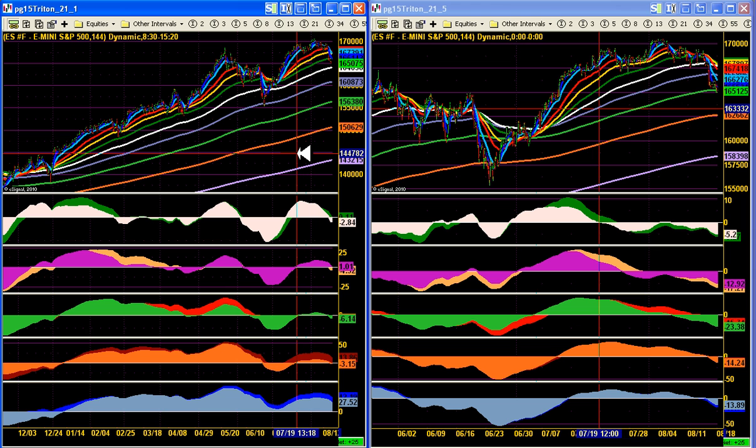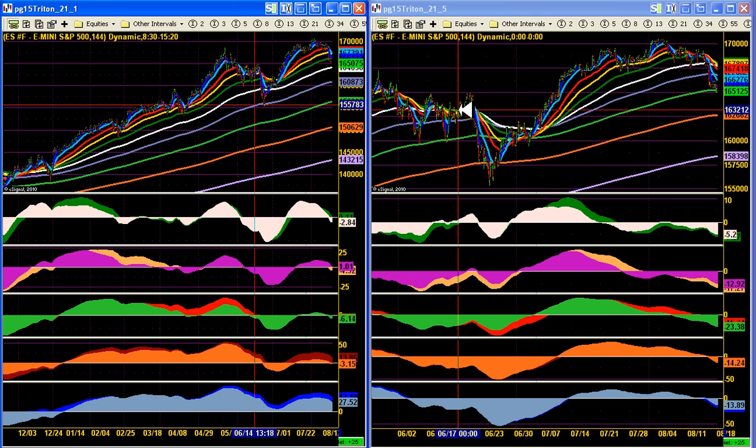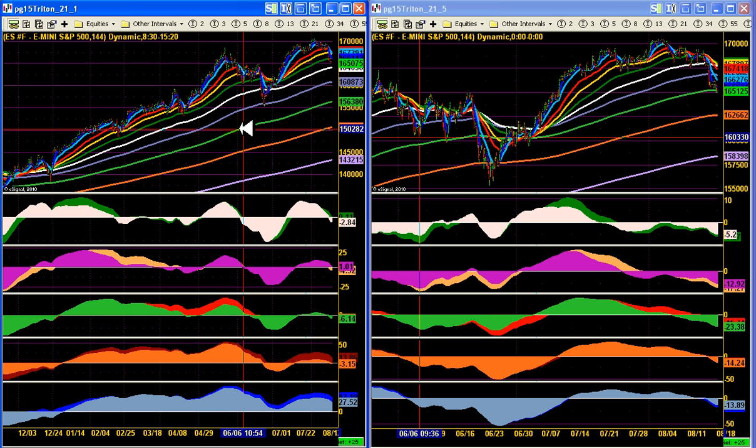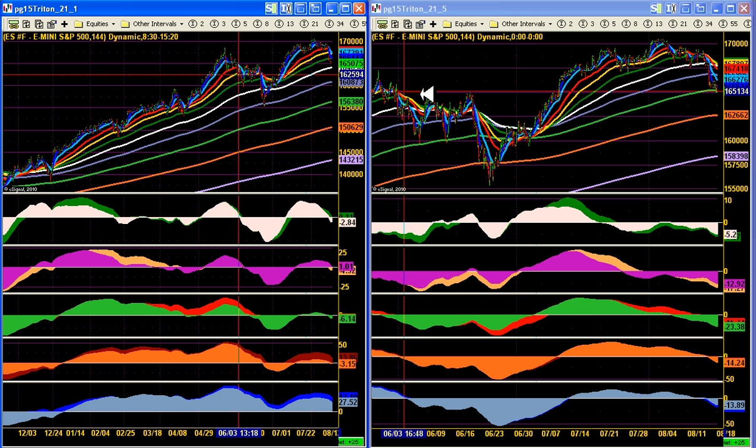not cash price, but day session price. This is day session on the left, and this is 24-hour session on the right. So you scroll across here with the cursor, and you can see the cursor moving on the left side. This comes out to 527, and 527 is over here. So this entire chart over here is,